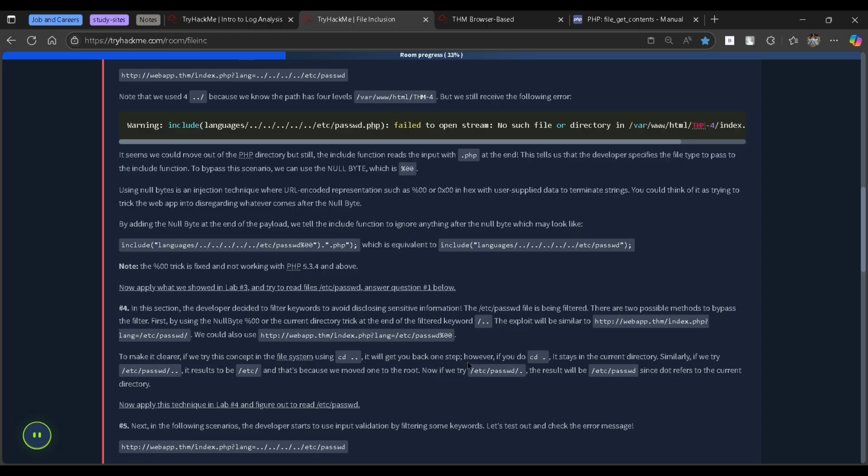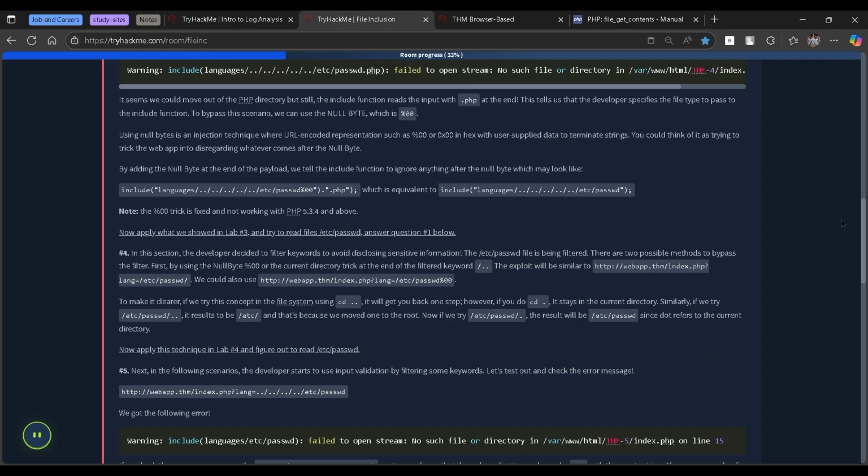It seems we could move out of the PHP directory, but it still includes the file with the input with .php at the end. This tells us the developer specifies the file type we pass